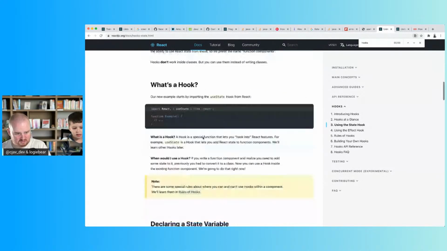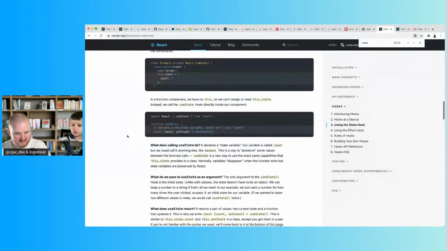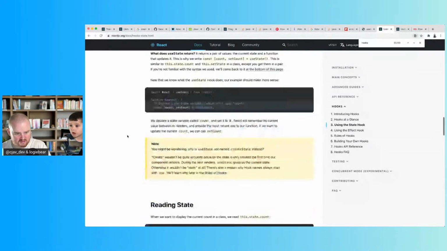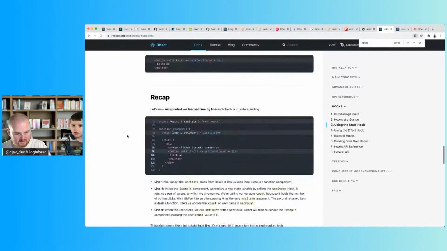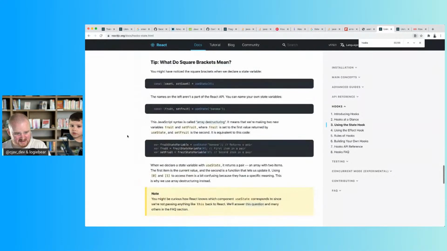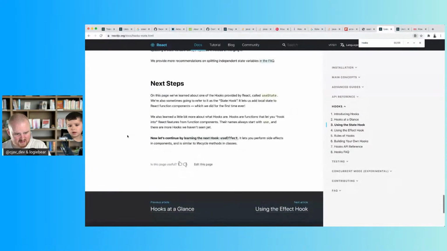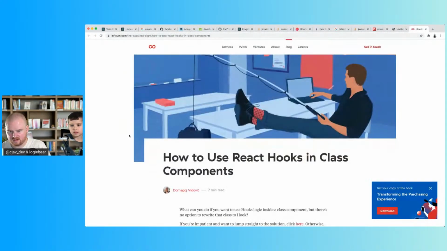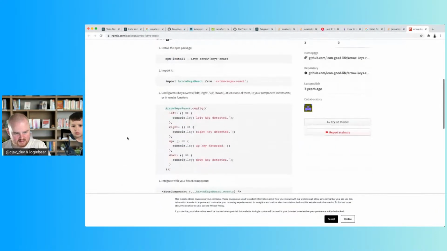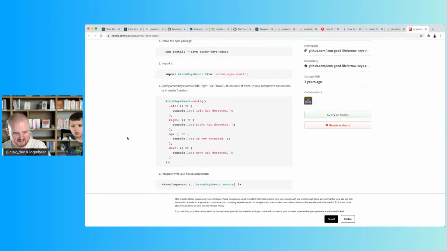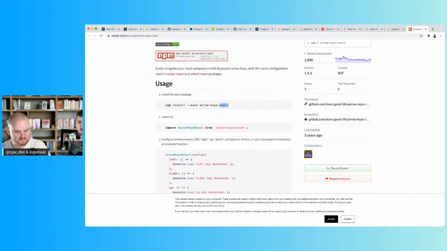We're already past an hour, so I think I want to not bail, but save some for another day, since I don't think we're going to be able to finish it today. But we can save it for later. All right. Arrow keys React. So can we save it for later? If you want to bail, you can. Go ahead. Not bail, but